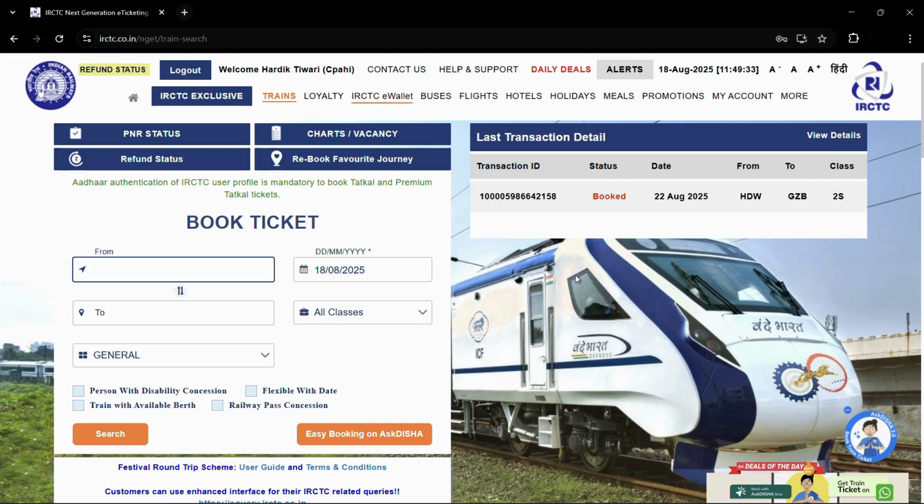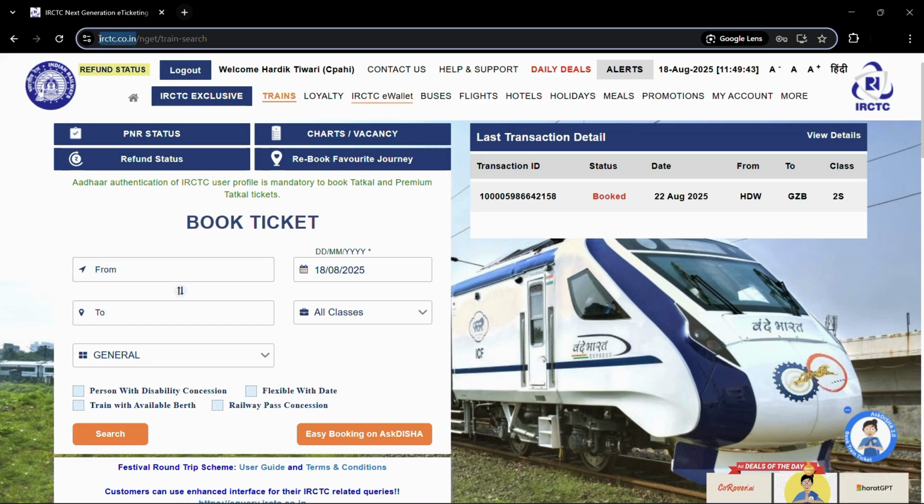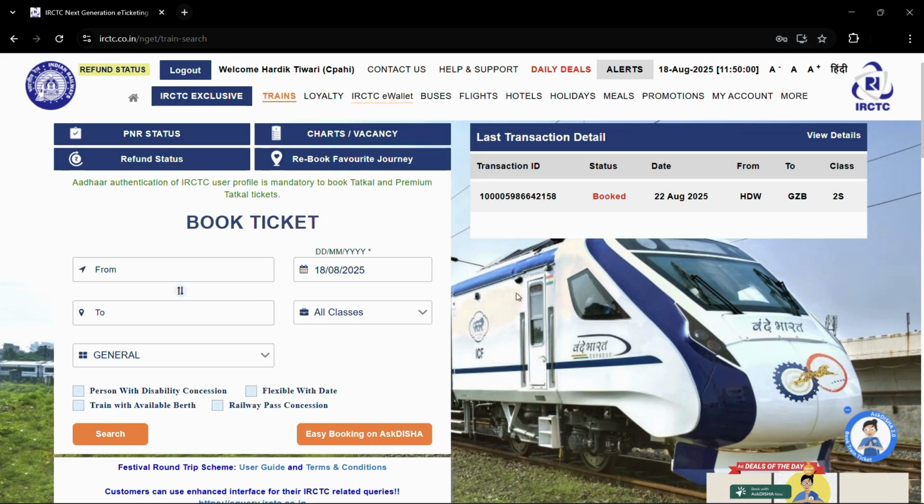web browser and simply search for IRCTC. And once you do this, you need to click onto this website that will start with irctc.co.in. So irctc.co.in is the official IRCTC website, and once you enter the website, you will need to log in with your IRCTC account credentials. That means the user and password. So after entering the user and password, you will enter the IRCTC website and you will land onto